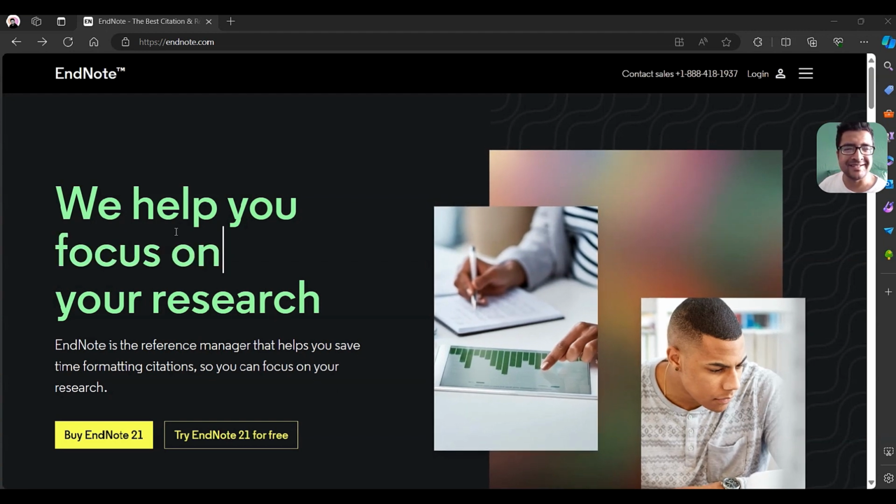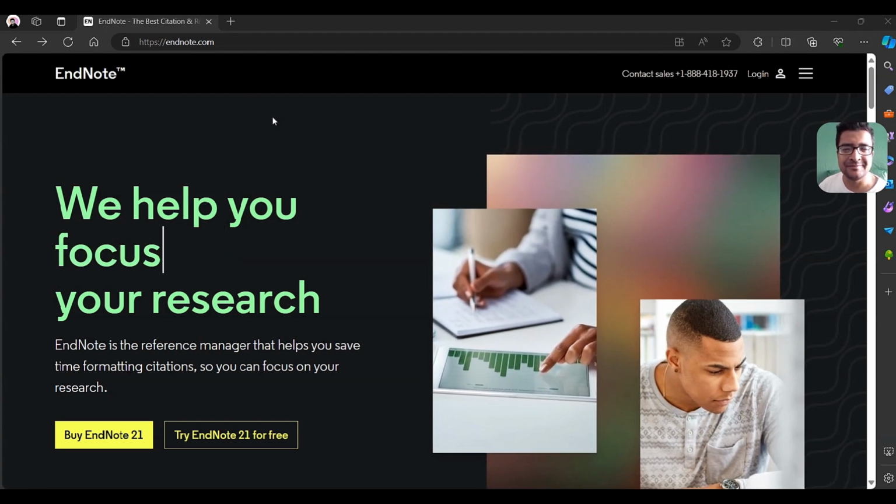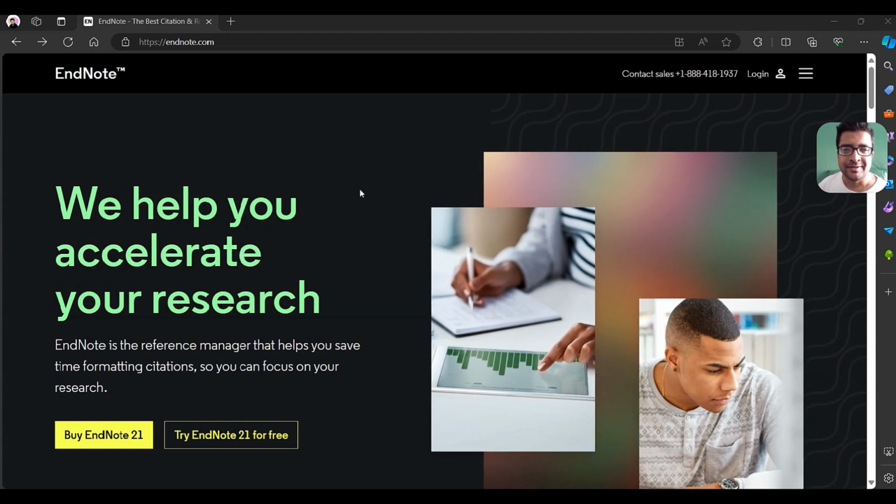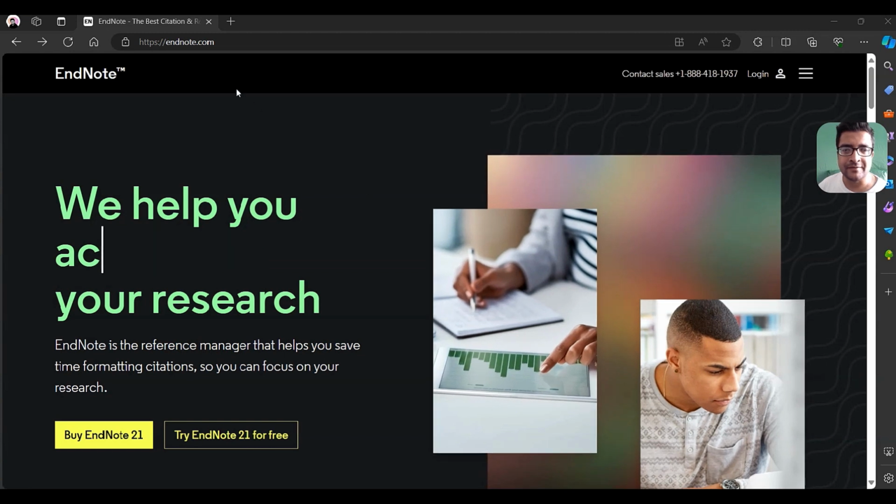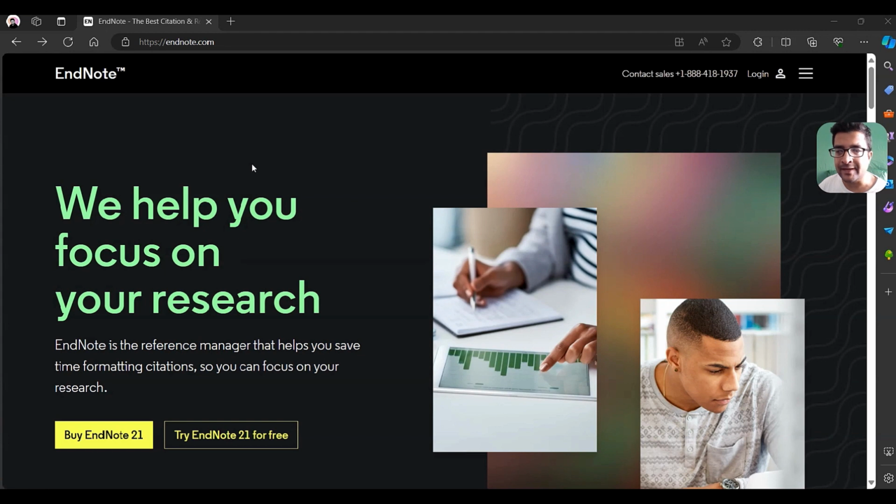So this is the website of Endnote, endnote.com. You can download it from here. Today we're going to learn the basics and how to integrate Endnote with Microsoft Word. First of all, you have to come to this website, and as this is not a free software, you have